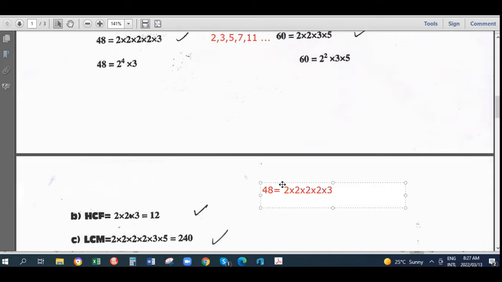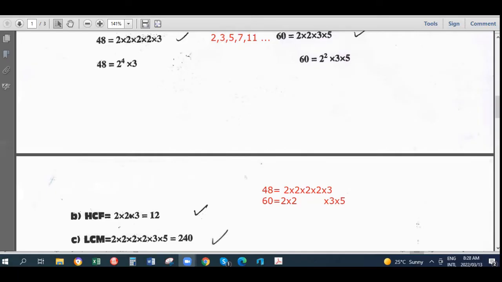Then we have 60. 60 is equal to 2 times 2. You write the numbers below the corresponding numbers. Times 3 times 5. So these are your prime factors for 48 and 60. I wrote them here. Now to work out the HCF, you look at the examples that are